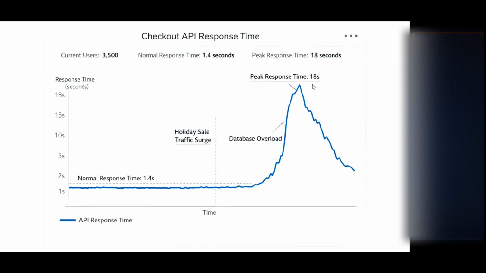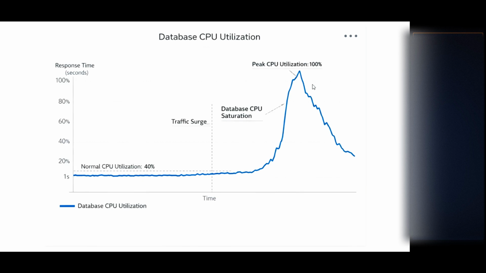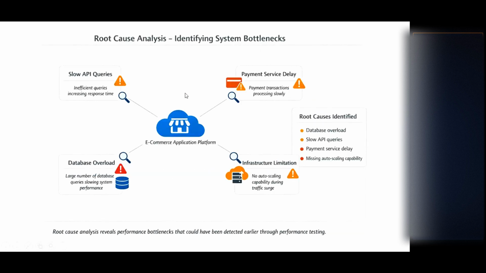One is the checkout API response time, and the second one is database CPU utilization. Along with these two, they also identified two other issues too. One is the payment service delay, and the other one is the infrastructure limitation, right? So these are the four major root causes, or bottlenecks, that they identified